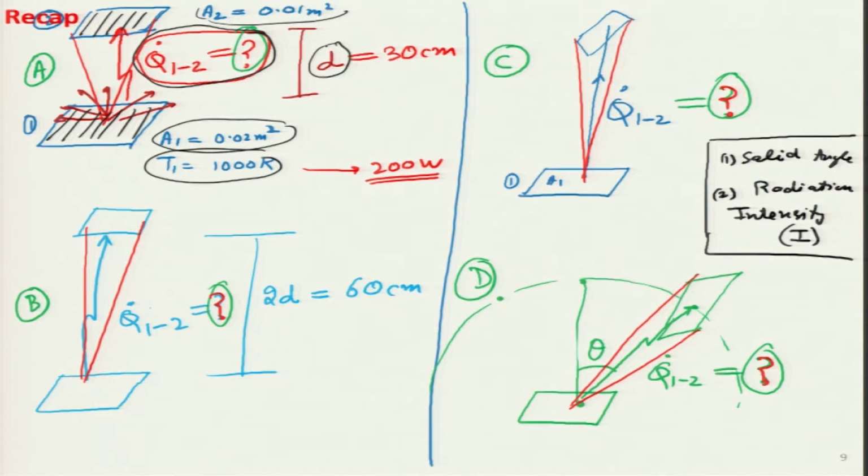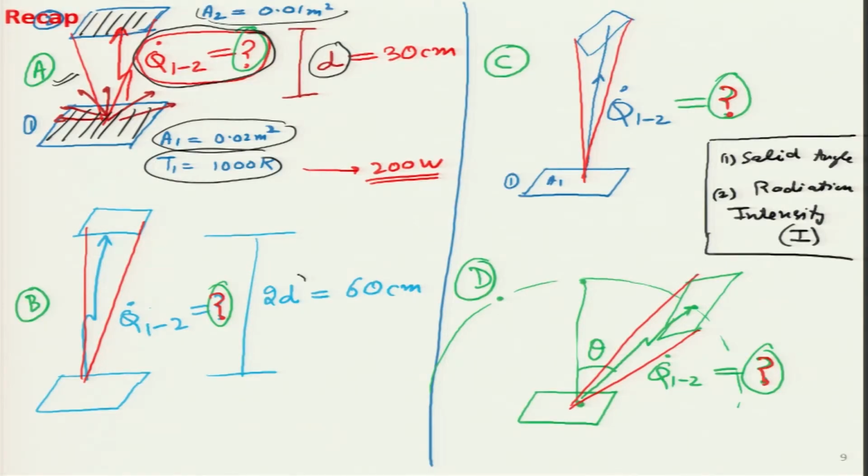In case A, the simplest case, both the surfaces are facing one another. So, if the bottom surface is like this, we have a top surface on top, and we want to figure out how much of that radiation reaches that particular surface. Then what happens if we double that distance? Instead of d, if it becomes 2d, then we will figure that out. Then what if the distance remains 2d, but now it is tilted, instead of being parallel to one another, it is tilted like this. And finally in case D, it is not at the theta equals 0 position, now it is at a new theta. So, it is tilted and kind of rotated as well.